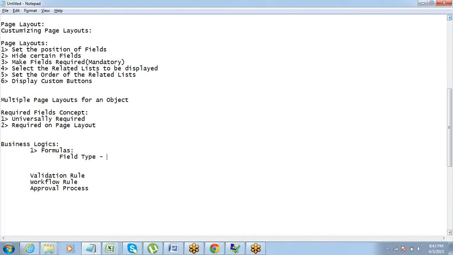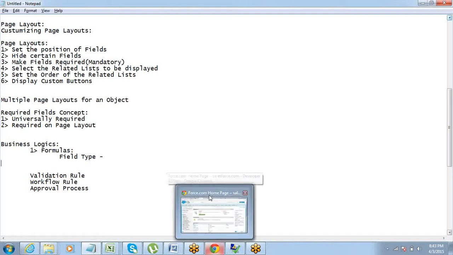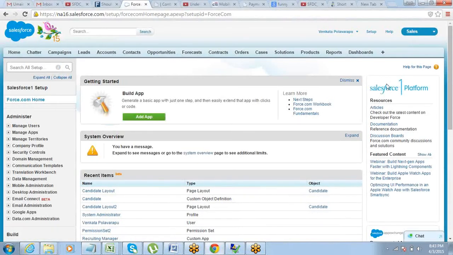It can be automatically calculated, and the value can be automatically populated. Got that? So that's about the formula thing. So let's put a formula field here. Let's do an example.